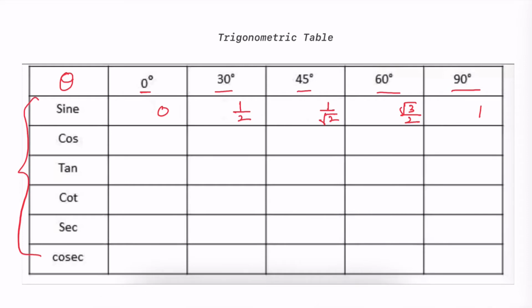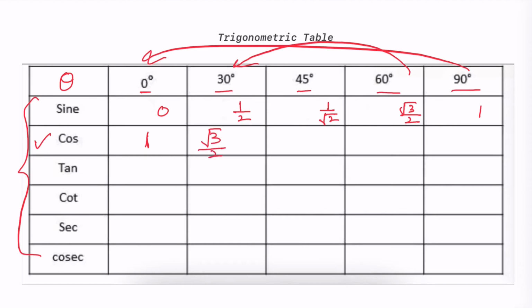Now in the next step, what we have to do, in the case of cos theta, I will flip all the values. Like 90's value will be on 0, that is 1, right? 60's value will be on 30, so under root 3 over 2, then 1 over under root 2, 1 by 2 and 0. Okay, so in the case of tan, as we know that tan is equal to sine over cos,